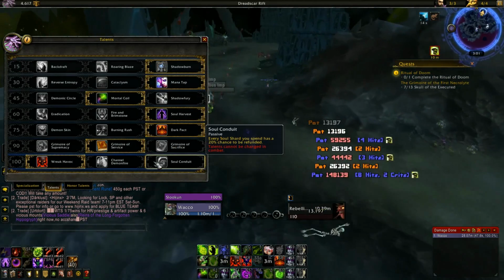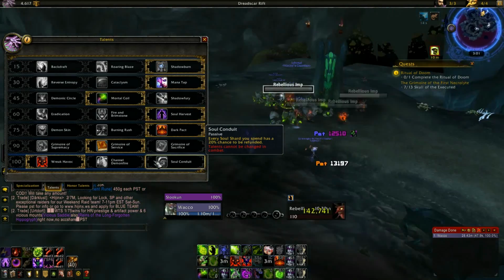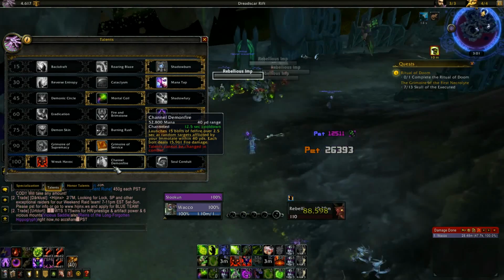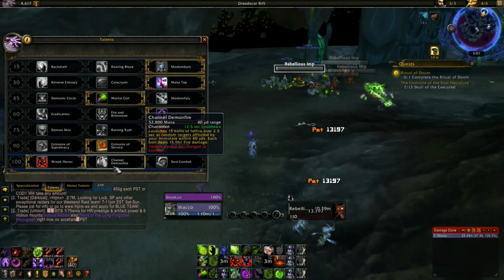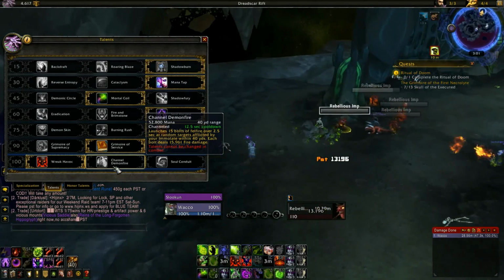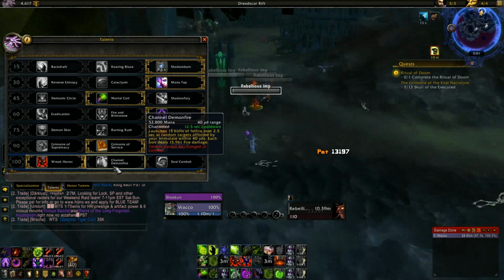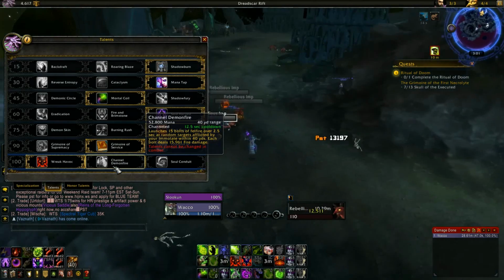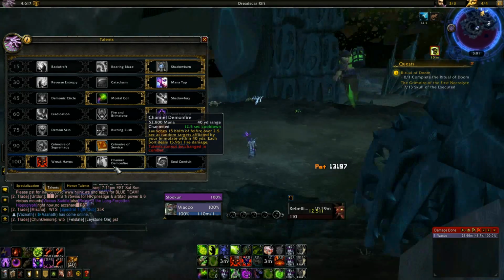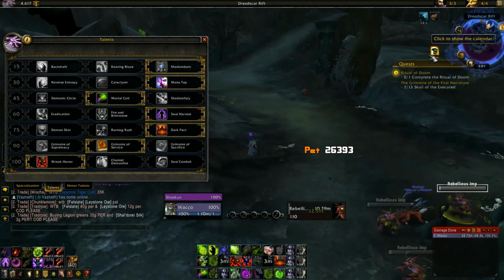Soul Conduit, every soul shard you spend has a 20% chance to be refunded. That's good, more soul shards is more damage. Channel Demon Fire launches 15 bolts of Fire over 2.5 seconds at random targets afflicted by your Immolate within 40 yards. Each bolt deals, that number changes for PvP, but it says 15,961 fire damage with a 12.5 second cooldown. That's also not bad, but Wreak Havoc is just,